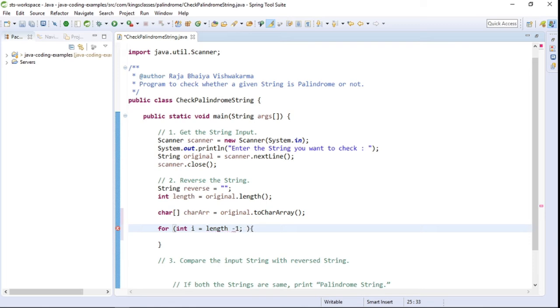The index will start from the last index of the character array, and then we will check if the index is greater than or equal to 0. Basically we have to run this loop till the index is greater than or equal to 0, and we will decrement the index,